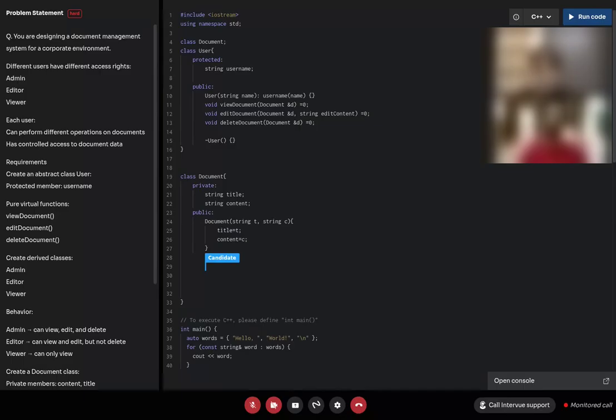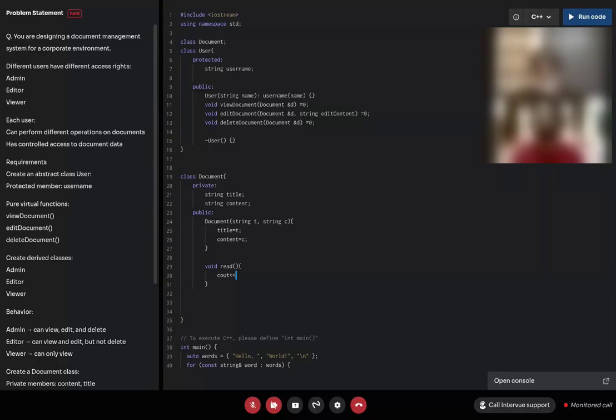So void read. What is expected from the read function? Here we can simply return the content value. We can write the title also. We can return the value instead of printing it, but printing also works, no problem.